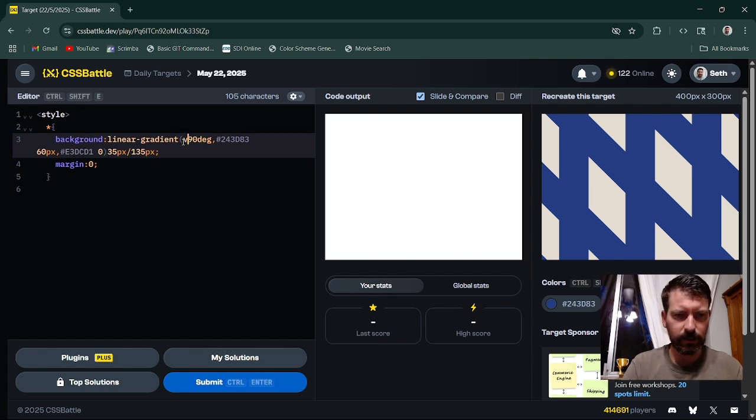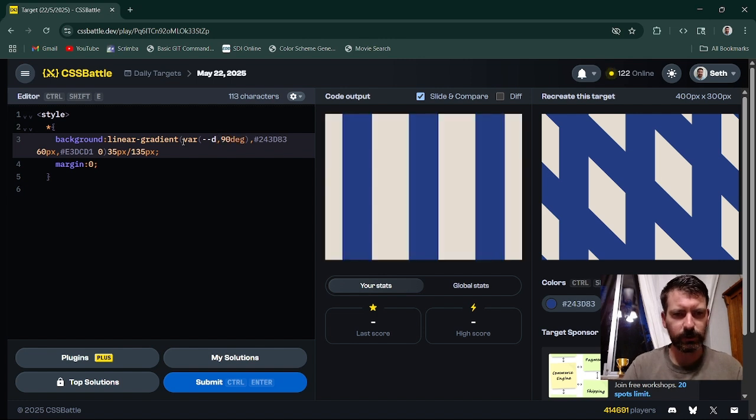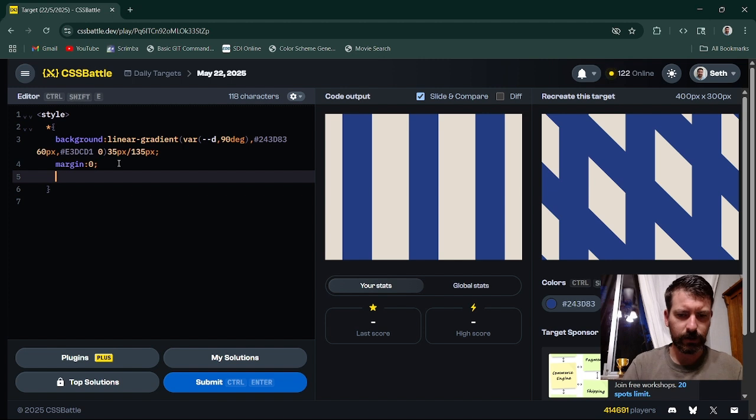Now we just need this to be a variable, closing bracket, and we're going to, what is it, dash d for degree. And what we can do is on our body tag,